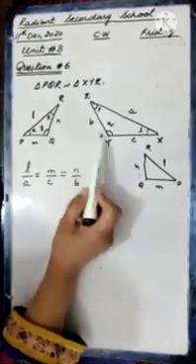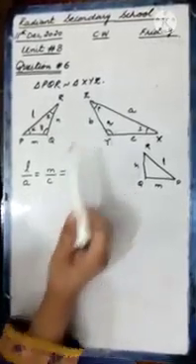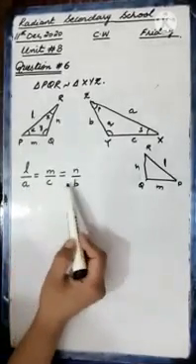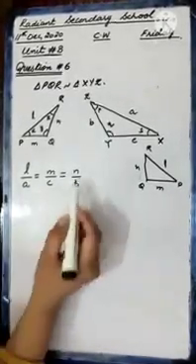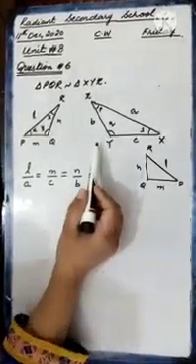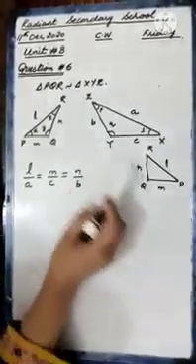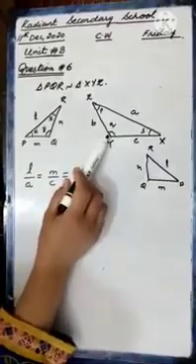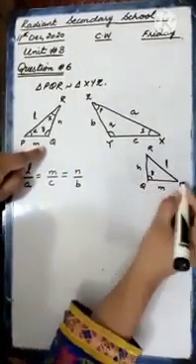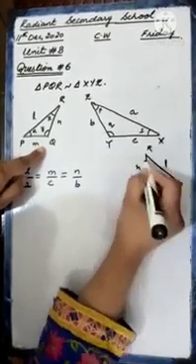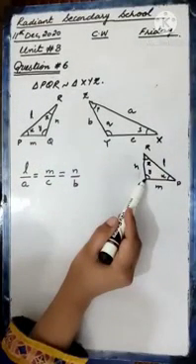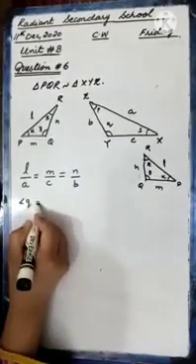It means if the figures are similar, then the ratio of their corresponding sides is equal. So we have written all the sides, the ratio of the corresponding sides, they are equal. Just we have to show the relation between the corresponding sides. Now what about the angles? According to this diagram, we can see that angle Q is equals to, at angle Q it was Y here, and at P it is X, and at R it is Z. So angle Q will be equals to angle Y, because these are corresponding.